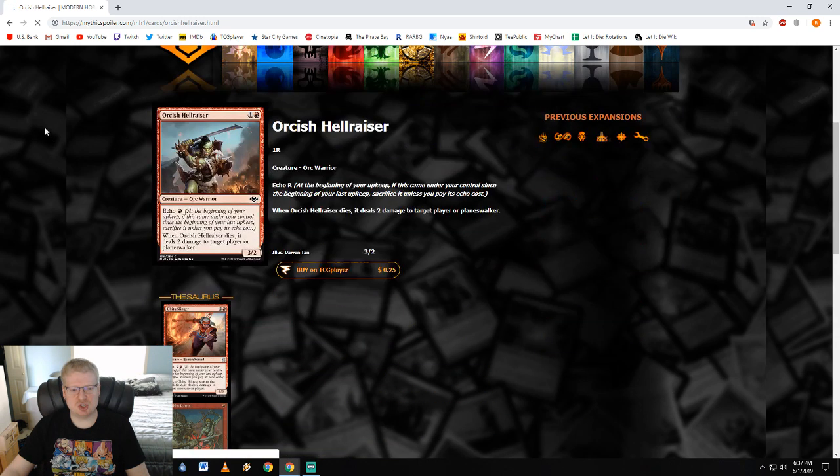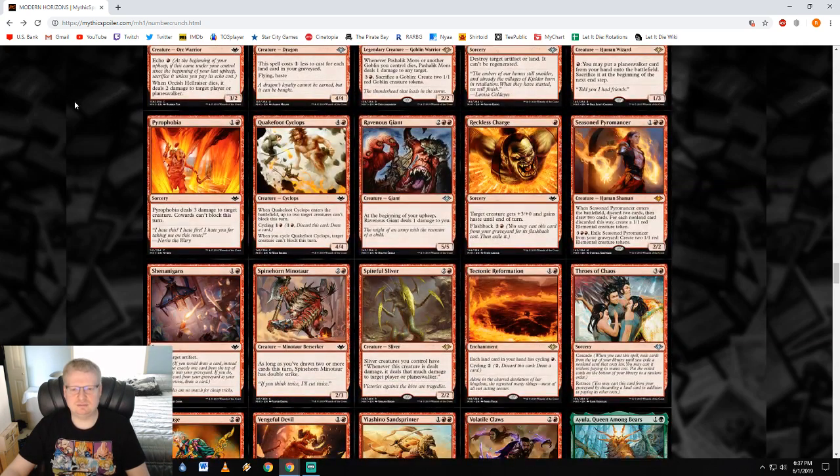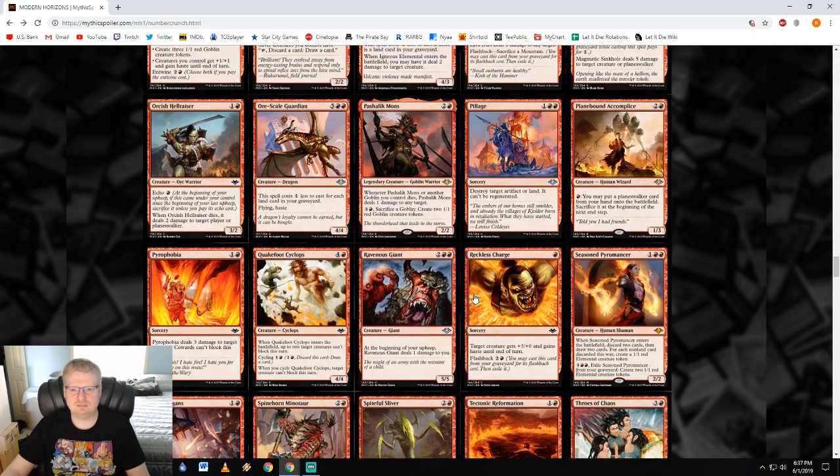Orcish Hellraiser. 1 red, 1 colorless. Echo, 3/2. When it dies, it deals 2 damage to target player or planeswalker. I kind of like this card. 2 for a 3/2 with Echo 1. Or you can just let it die and it deals 2 damage to player or planeswalker. That seems good. I wonder if this is going to see any play in Modern. I don't know if it's powerful enough, but...